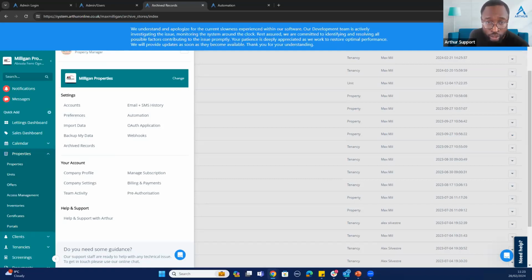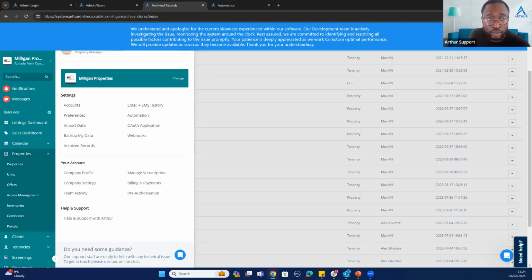Can you upload certificates into the documentation rather than certificate? They can still access, for example, an EPC or AICR. Upload certificates into the documentation section. The problem that comes with doing that, right, Liam, is if you wanted to set up automations as a reminder, you won't be able to put expiry dates onto the documents, but you put expiry dates onto certificates. So if you wanted to use the automation feature, you want to add it onto the certificate section rather than